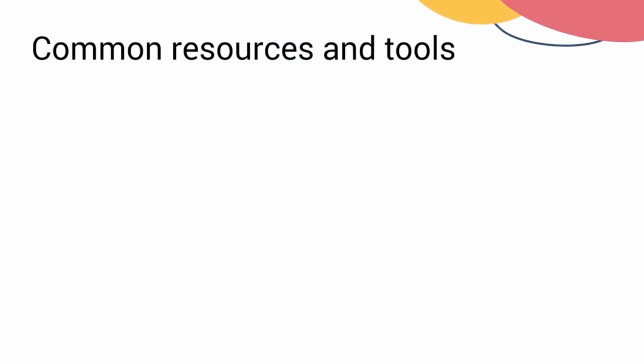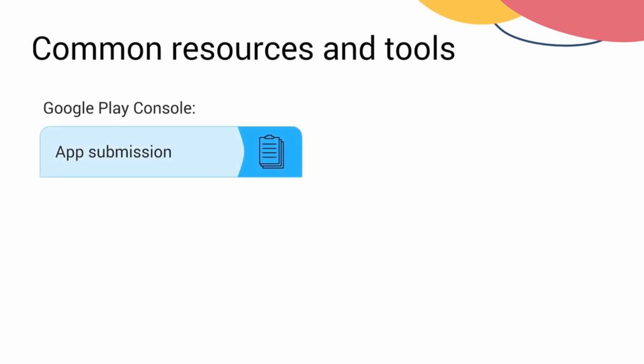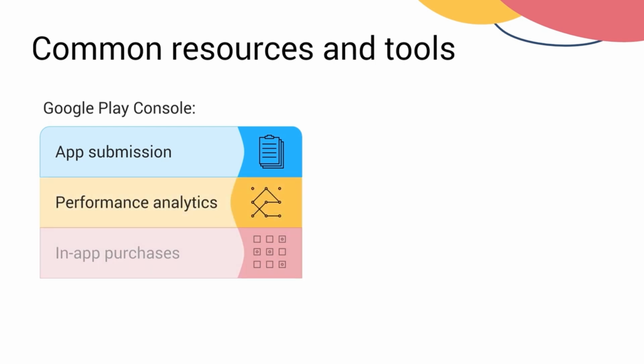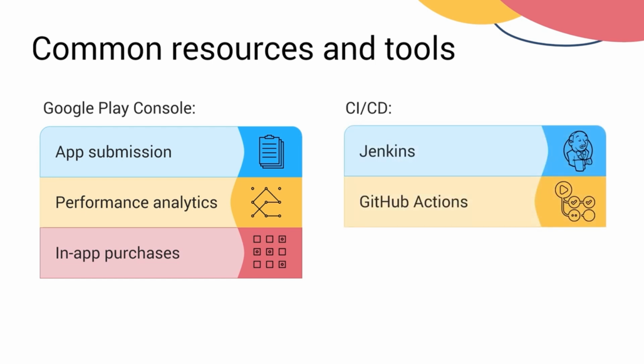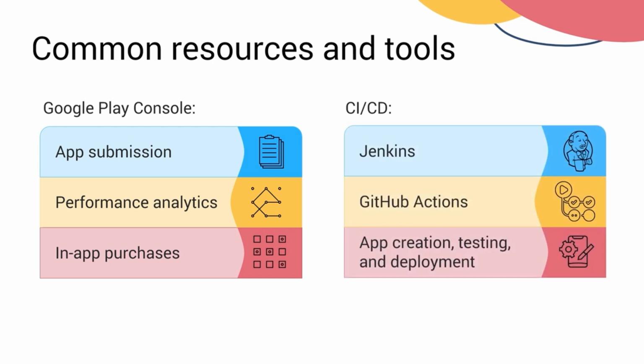There are some valuable resources and tools to ensure smooth app management. The Google Play Console provides comprehensive documentation on app submission, performance analytics, app purchases, and other important aspects of app management. You can use CI and CD tools like Jenkins and GitHub Actions to automate your app's creation, testing,